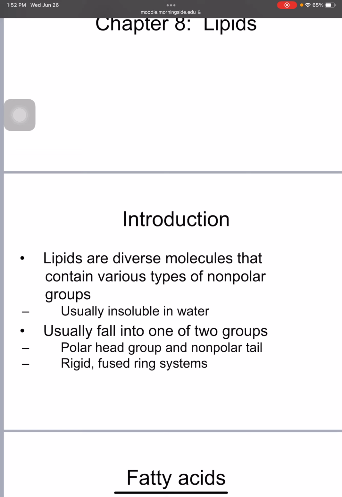Basically, there's really not a good definition for lipids because they're pretty diverse molecules. There's actually lots of different types of lipids that you can have with not only different purposes, but also a fairly wide array of structural features. However, there are certain structural features that most of these are going to have in common. One thing is that